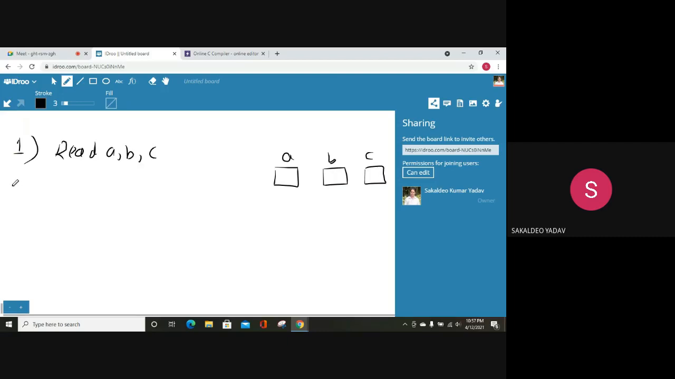Now what should your second step be? Your second step is to check, whatever values you have read in a, b, c, whether the value of a is greater than b or not. For example, say the value here is 5 and here the value is 3. If this condition is true, that means a is greater than b,